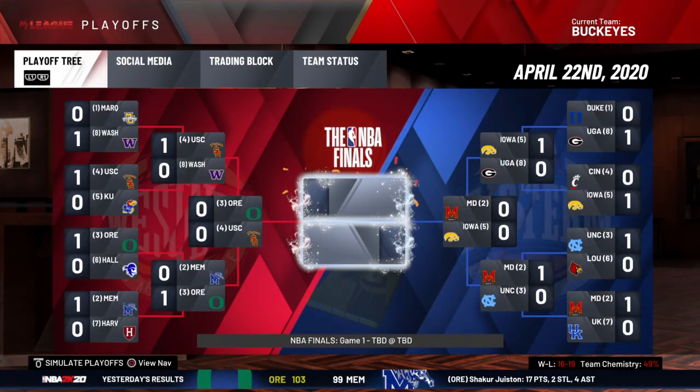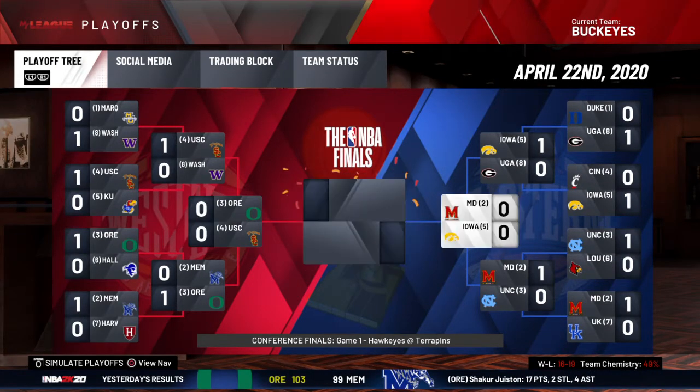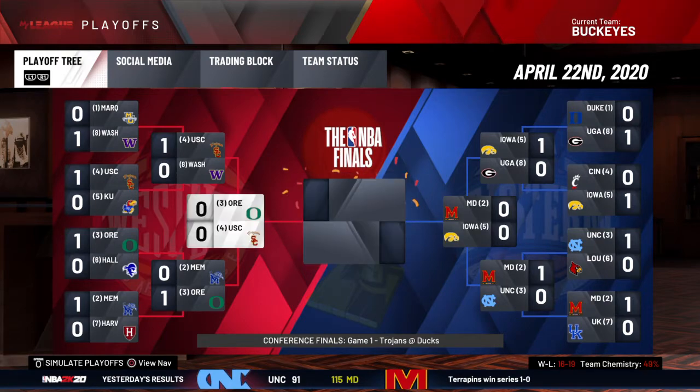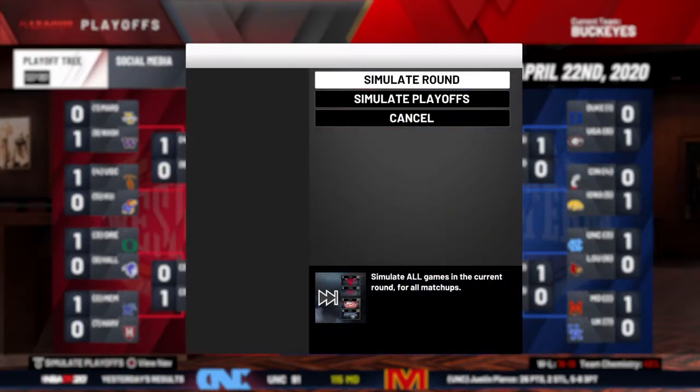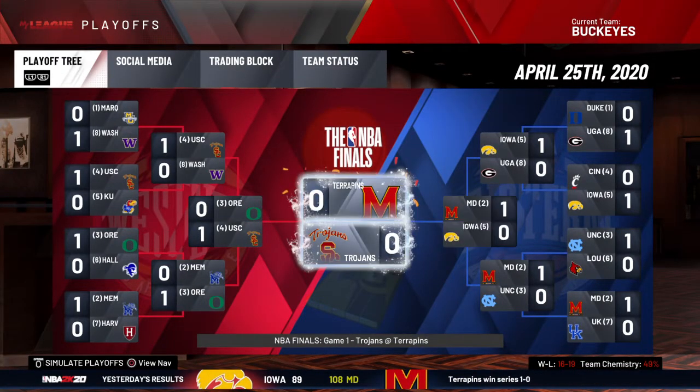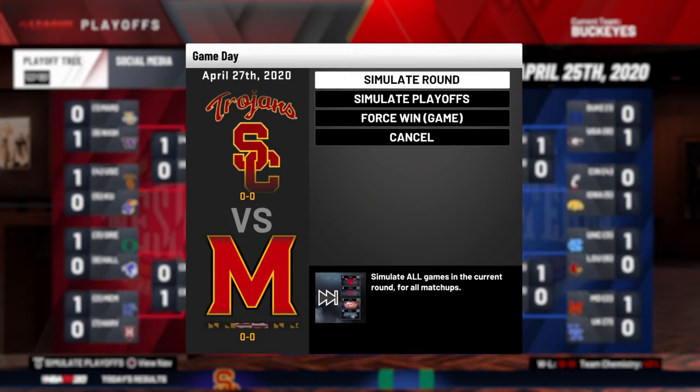Next round, the Final Four, is Oregon and USC versus Maryland and Iowa. The highest seed is number 2 seed Maryland going up against number 5 seed Iowa, and then number 3 Oregon versus number 4 USC. Who is going to play in the NCAA championship game? It is going to be Maryland and USC, a 2 versus a 4 seed in the finals. Who are the bets on? My bet is on Maryland since they are the number 2 seed, and 2K likes to push the higher seeds in these simulations. So let's do it right now.